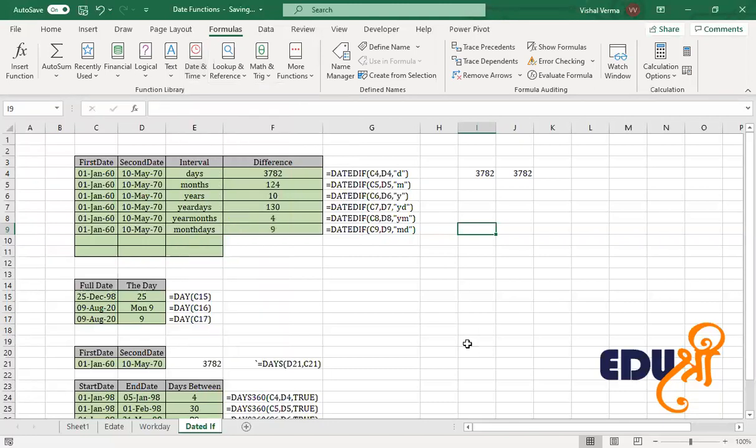The DATEDIF function was very much used to calculate the interval between two dates. It basically calculates the difference between two days. If we want the interval in days, or an interval related to months, we just add the unit for month. Since the function is not available in 2016 onward, I cannot show you the function or the syntax by doing that, but this is the syntax of how it actually works.